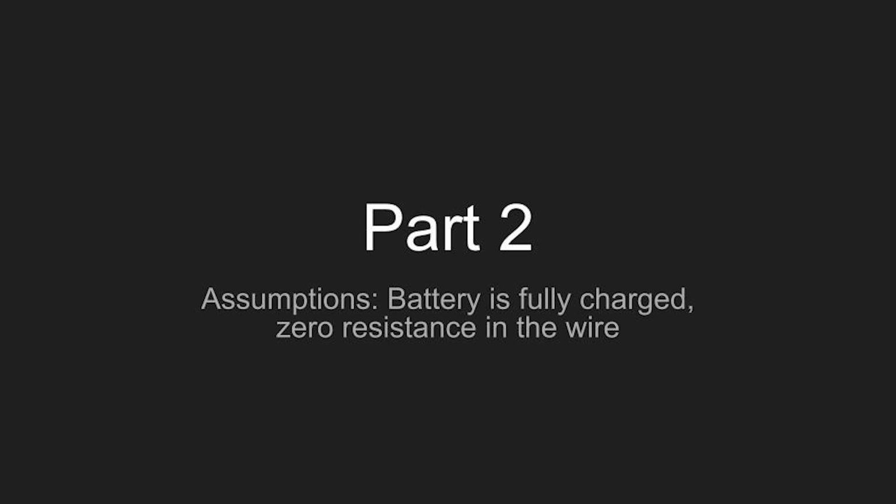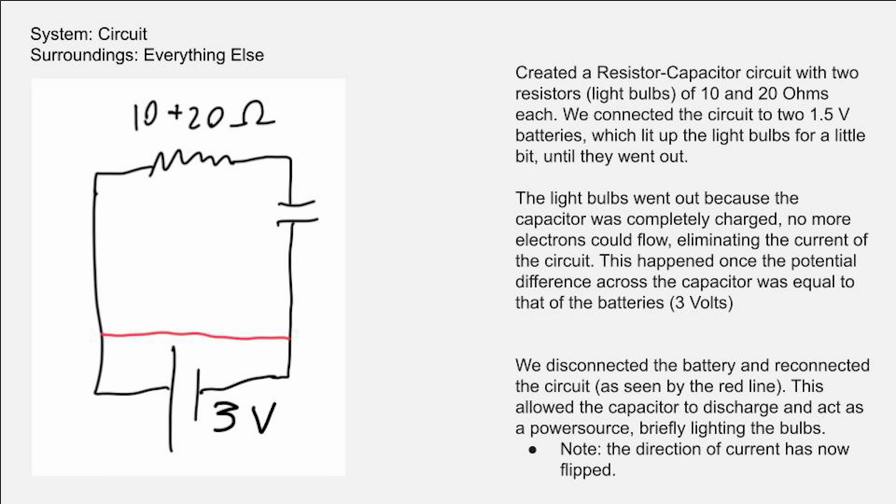So finally is the second part, where we are observing the effects of a capacitor. In this, we assume also that the battery is fully charged, but also that there is 0 resistance in the wire. So of course, the system is the circuit itself and the surroundings are everything else. We created an RC circuit with the capacitor and also 2 resistors, which were light bulbs of 10 and 20